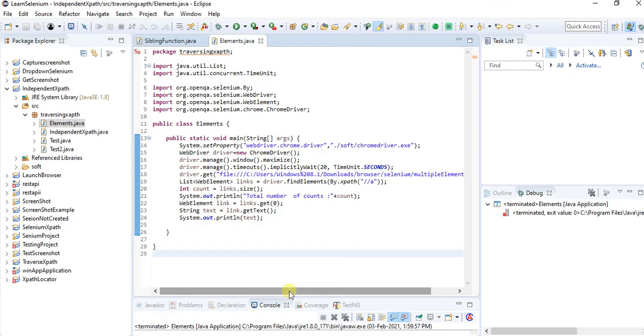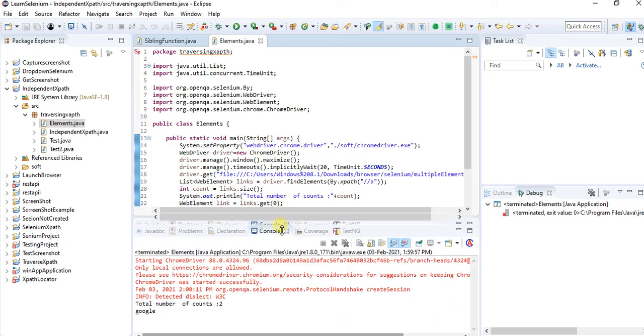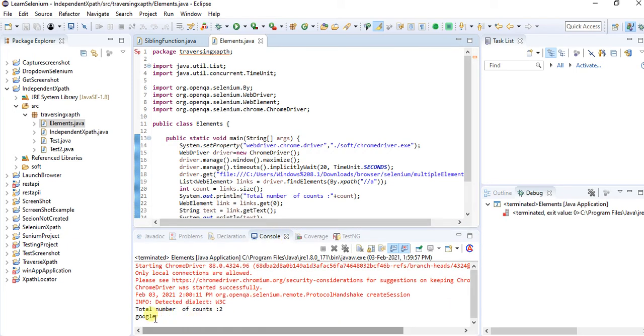Okay, let me go to the Eclipse and show you. Here it is telling that the total number of link count is 2, and I just gave get of 0 index. That text is what it is showing.